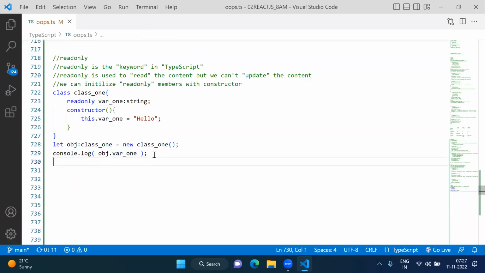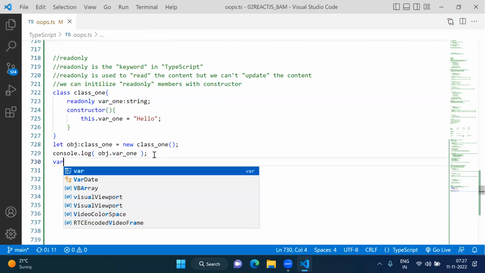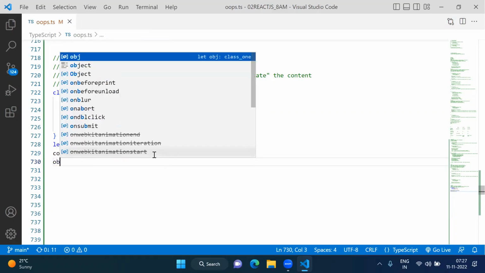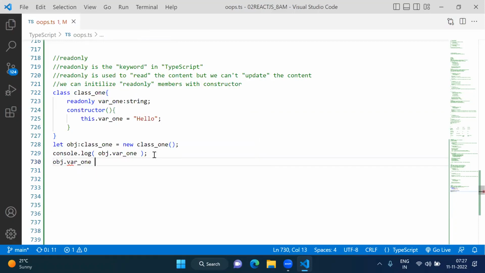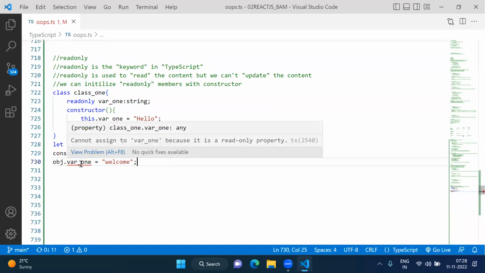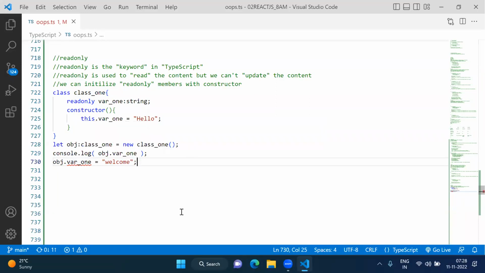Can I update variable1? Is it possible to update variable1? Yes, sir. obj.variable1 equal to welcome. Is it possible to update variable1? No. See this one, we can't update variable1. It's not possible to update it. We can only read variable1. We can't update variable1. That is called as the